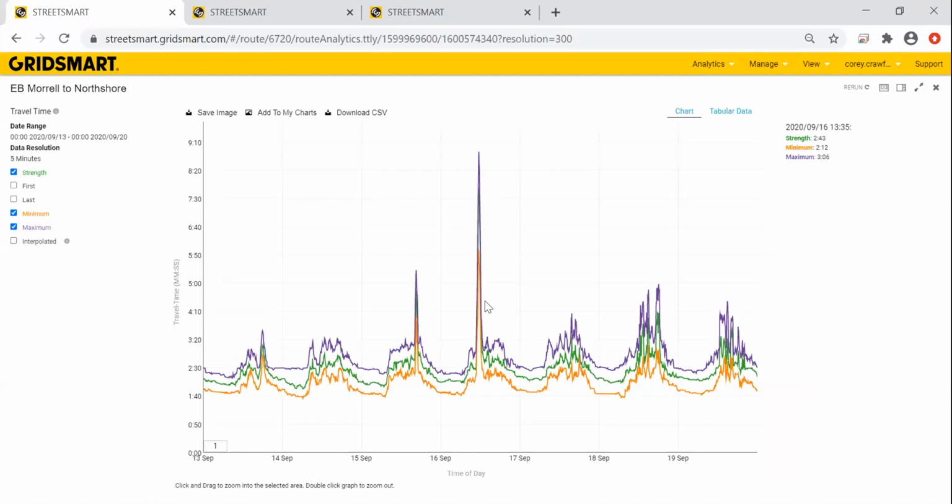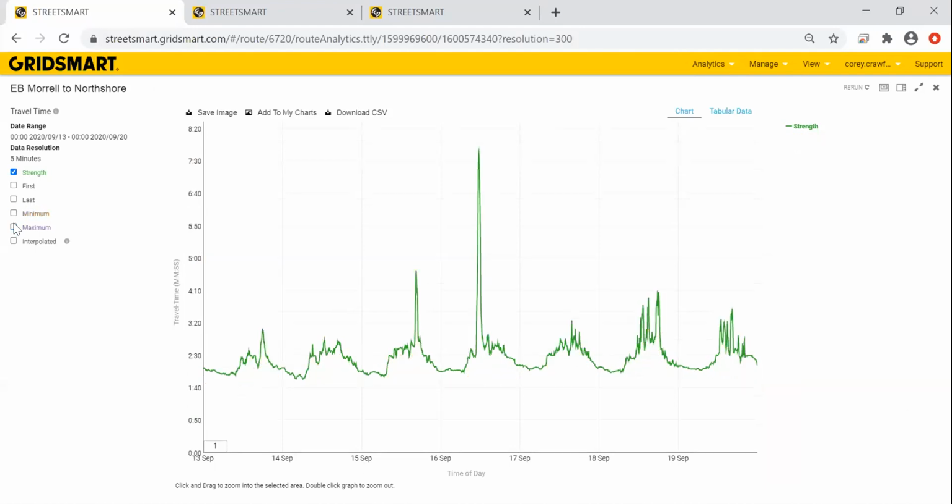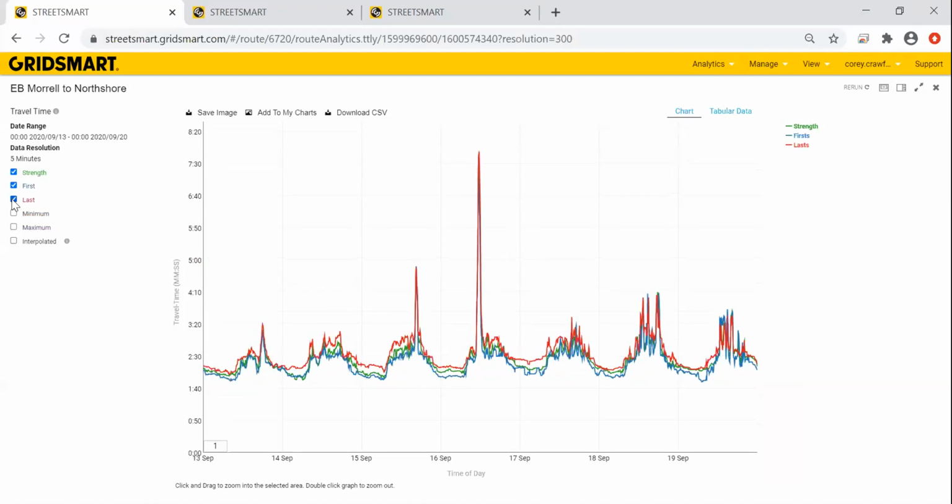So if I come back in here, you'll see the default strength, minimum, and maximum are selected. And so you can see those here on the left side of the screen. And I can deselect ones that I'm not interested in and select whichever ones I am interested in. And so I can see